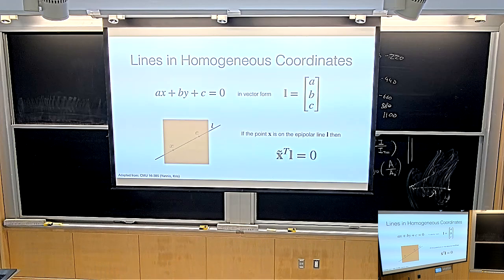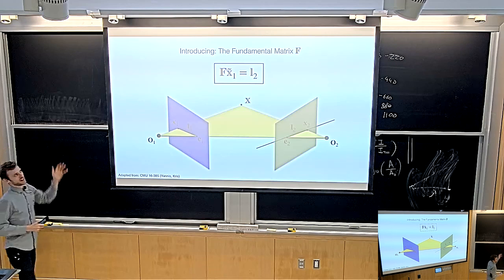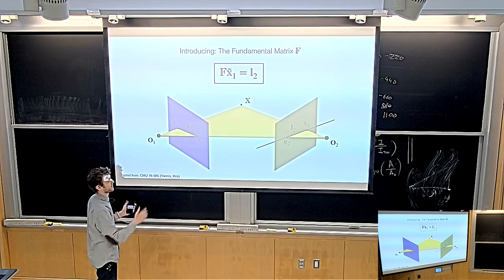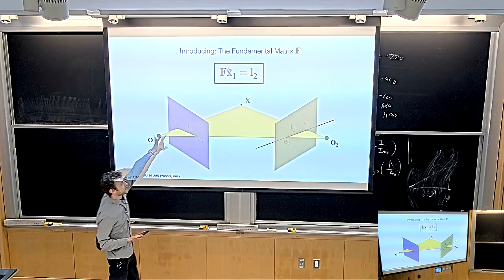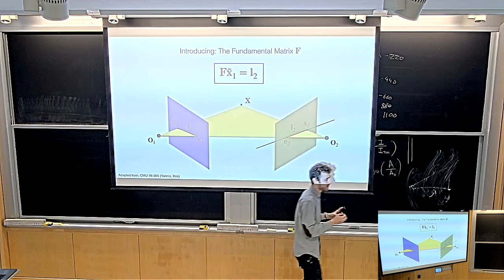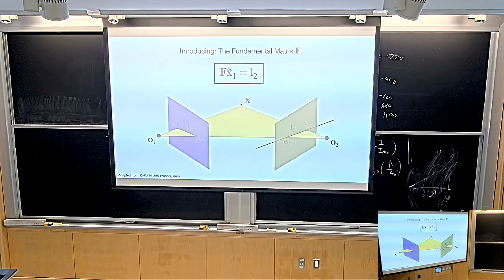So it turns out that this is really useful, and we're now going to use it to build a little bit more fundamentals. No pun intended, but the fundamentals we're going to build is going to be the fundamental matrix, and then we're going to use that later to give you an idea of how you might actually solve for the camera poses and stuff of unknown camera systems. Okay, so what is the fundamental matrix? The fundamental matrix is defined as the matrix that goes from a homogeneous pixel coordinate in one camera frame, denoted as x1 tilde here, to the line in the other image coordinate frame.